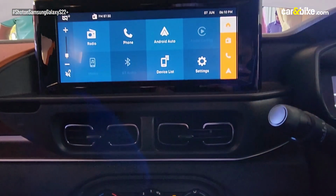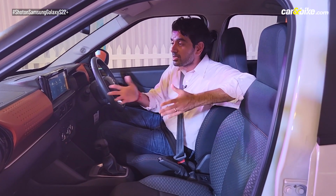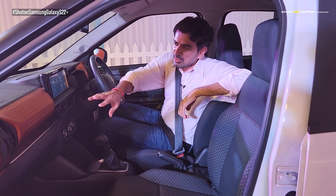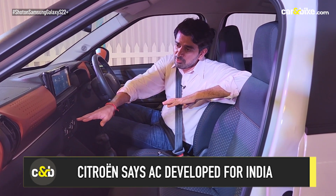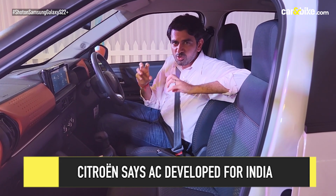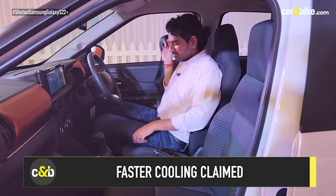In terms of styling and in terms of what you're seeing here, a lot of it is very typical Citroen territory. Again, I can't tell you how I like it or don't just yet, but you can take a look at it and see that there is a lot of use of color, interesting plastics, different textures, different kind of a palette, and the AC vents have a very specific Citroen design, feel and identity. At the back now,